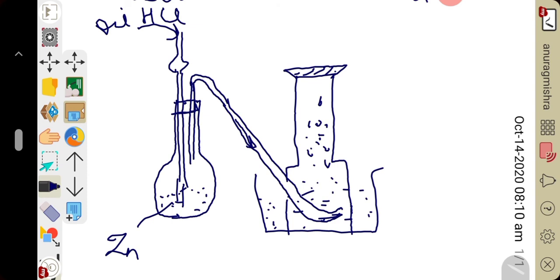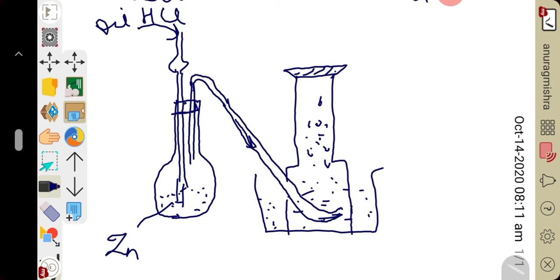Why hydrogen? Sometimes in examination it is asked why hydrogen gas is collected by downward displacement of water. Because it is virtually insoluble in water. That's why it is collected by downward displacement of water. And the second reason is it forms an explosive mixture with air, and therefore cannot be collected by downward displacement of air, even though it is lighter than it. Right?